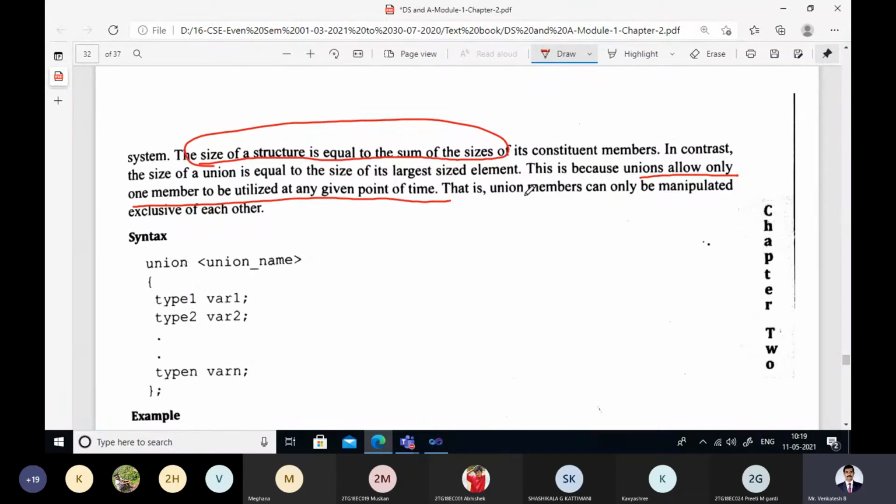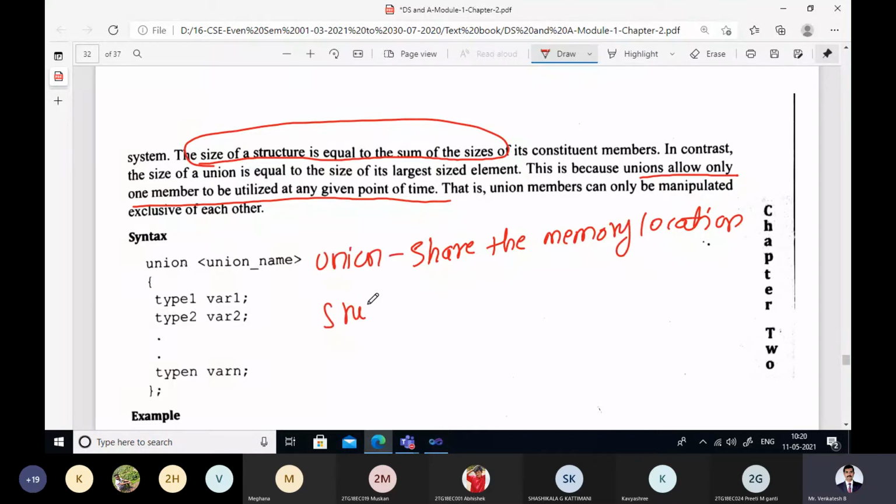Whereas in structure, they have independent memory locations. So that is the key difference.